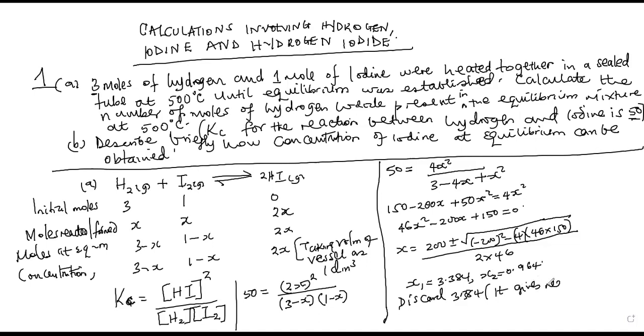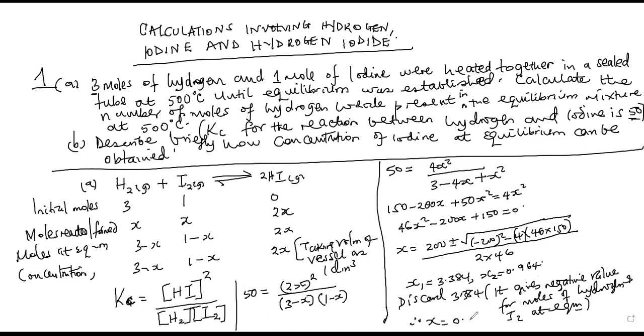It gives a negative value for moles of hydrogen and iodine at equilibrium. So if that is the case, then it means that our value of x is therefore equal to